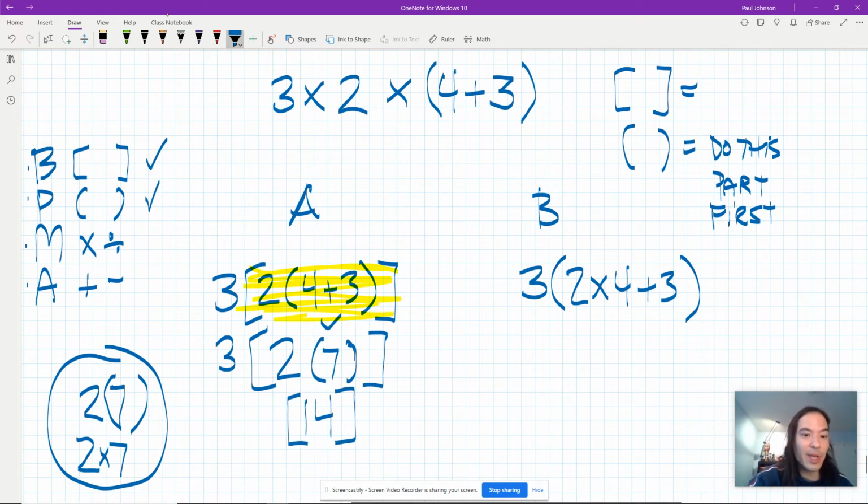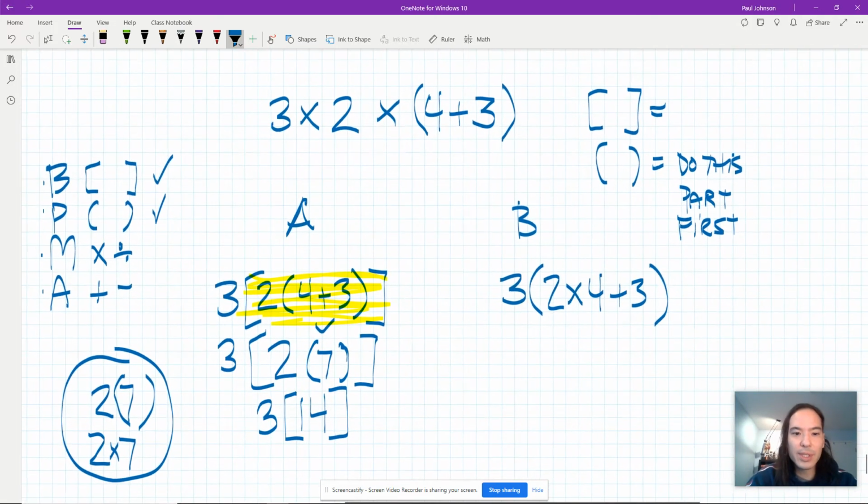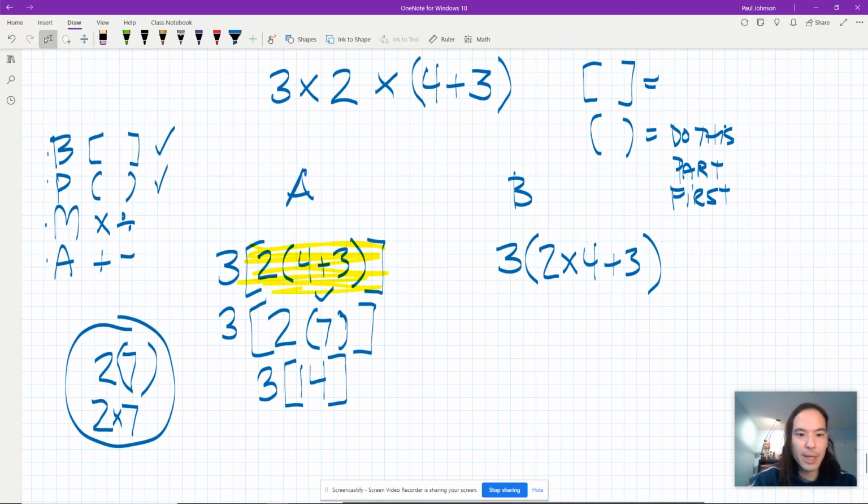Once again, we don't have a symbol between 3 and the bracket, so we have 3 outside the bracket, and that means, once again, multiply. All right, so a number next to a number in brackets means multiply. We still have brackets on our problem, right? But now we have one number just in brackets, so we can go to the next step, which is multiply